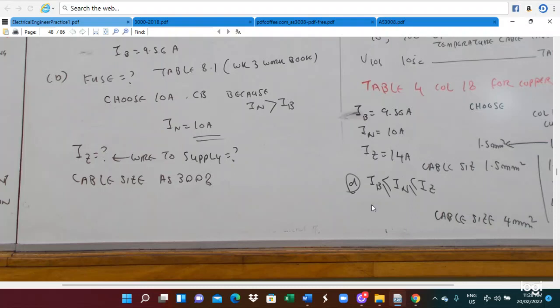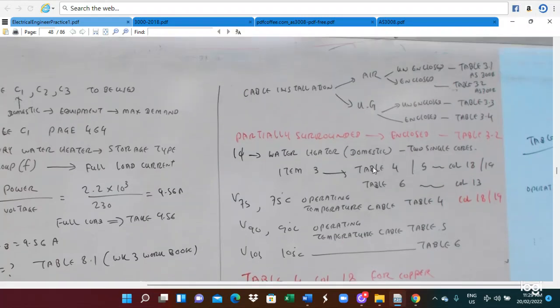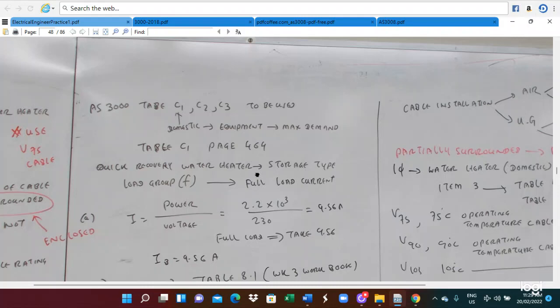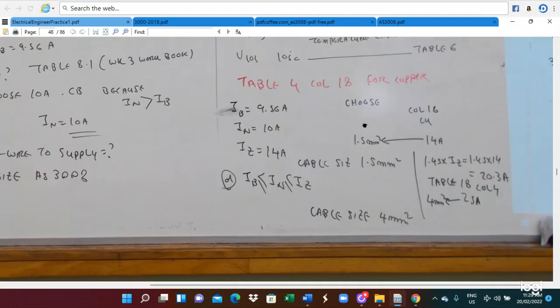And so 1.45 multiplied by IZ is this one, 20.3 amperes. So it also agrees, because 1.45 multiplied by IZ is also greater than the operating current of 10 amperes. So this also agrees. So therefore we substitute this into this equation. So everything agrees. But if you want to do the derating factor, you can select the one cable size